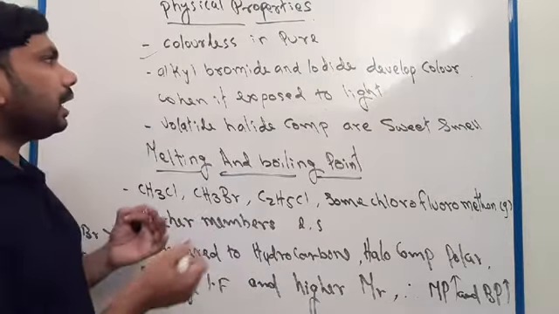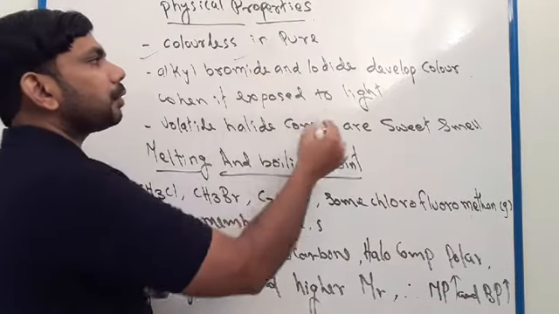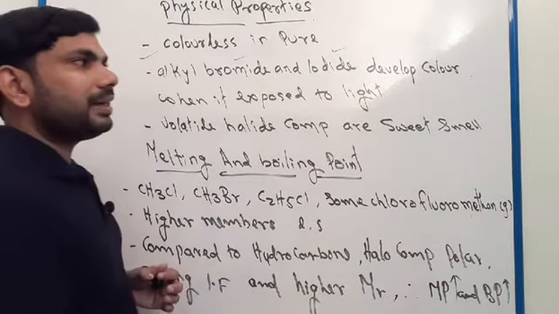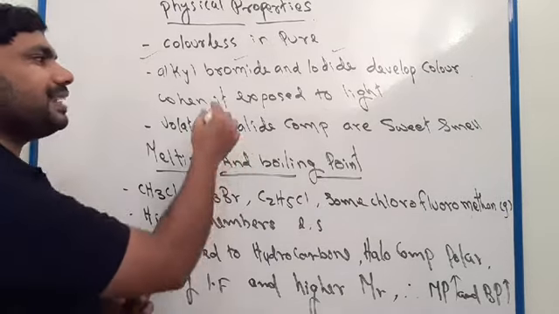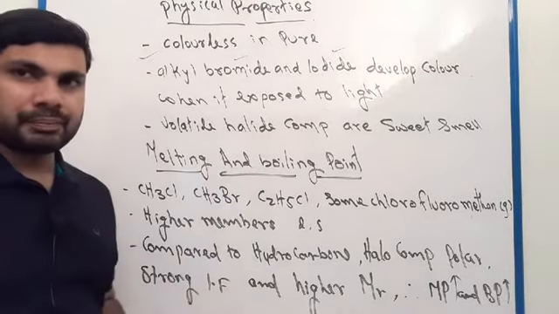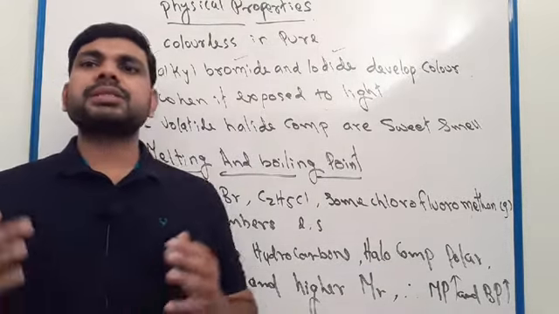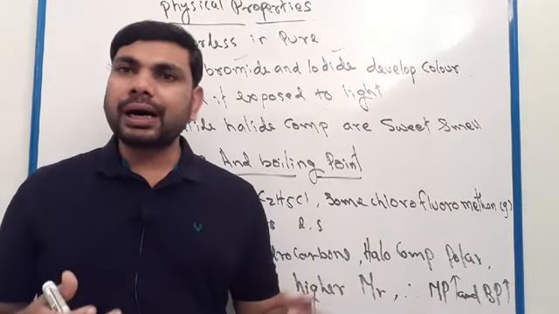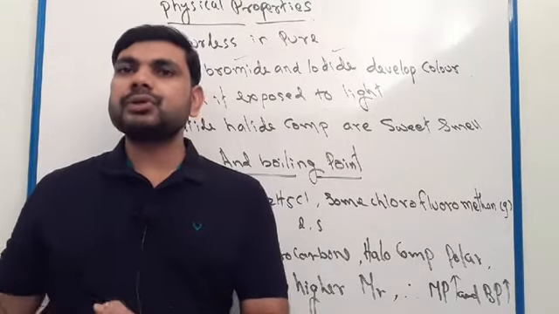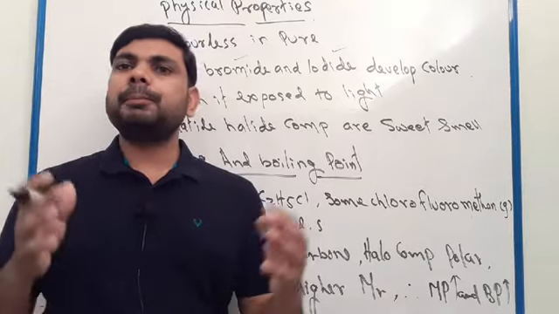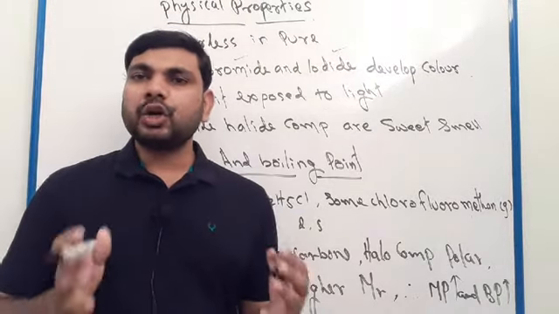When we keep alkyl bromide or iodide in sunlight, they develop color, but in pure state normally they